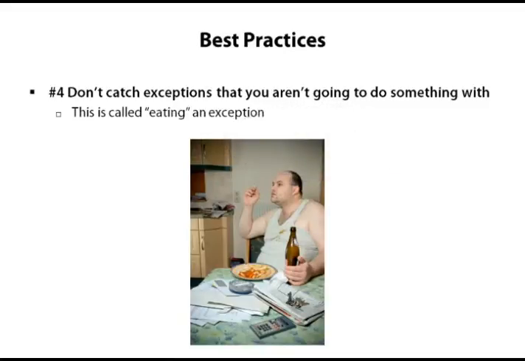And that's really bad because, one, you don't know what has happened with your code. Some bad thing has happened, and if you put that in there, you're not going to find out. It's just going to go on its way, like exceptions don't exist. An exception happened because there's an error. And so if you're going to catch an exception, you need to make sure that you're going to be able to do something with that exception and not just eat it.